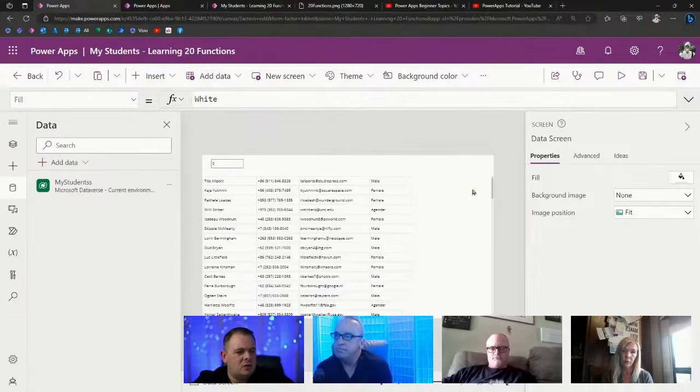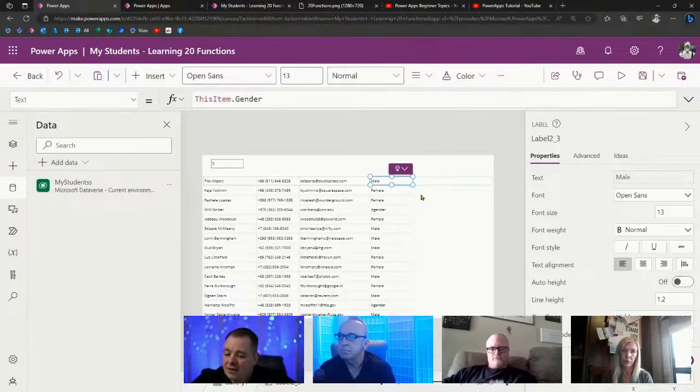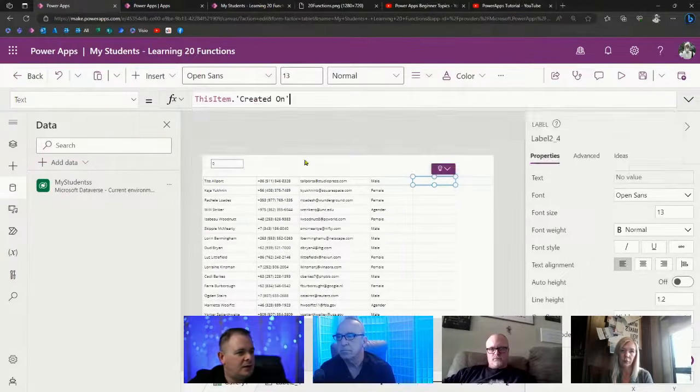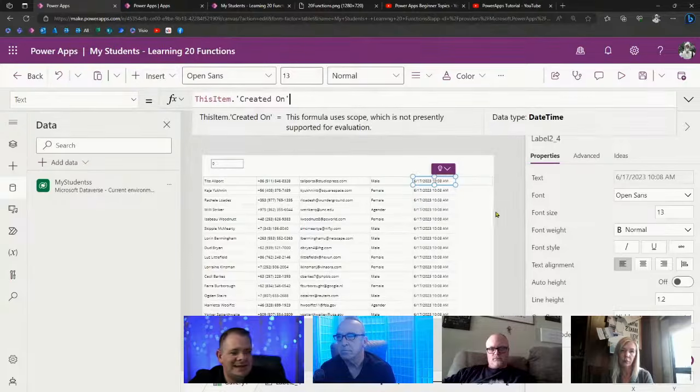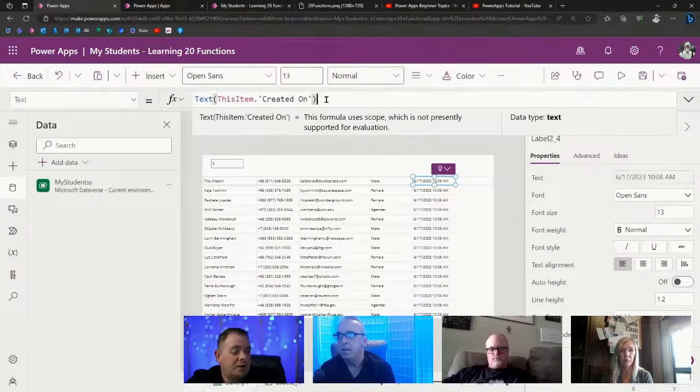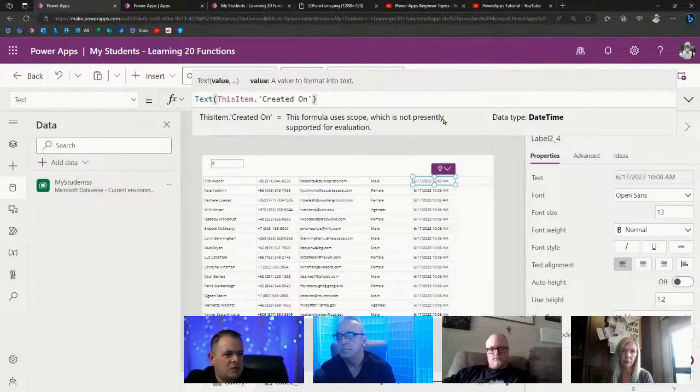Another thing that you can do is change the format. Sometimes you might think it's a format function, and it can be used as that. If I take a look at created on, there is a date time value. If we say text, we're going to convert that to a string. Now, visually, that really didn't do anything to it. But what we could do